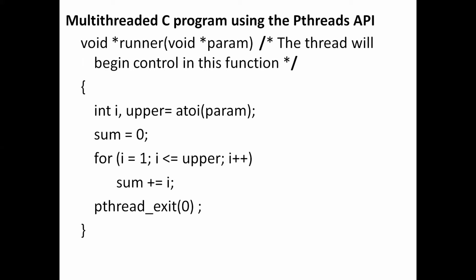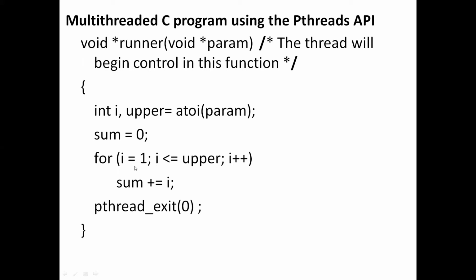Now here we have sum, which we have declared globally as an integer. Now here we are initializing sum equal to 0. Here we have the first statement to find the sum of n natural numbers. For that, the first loop is for i equal to 1, i less than or equal to upper. Upper is what? Upper is 3. I value is what?